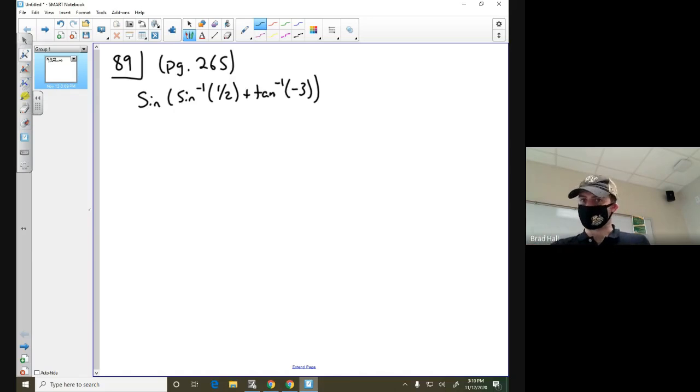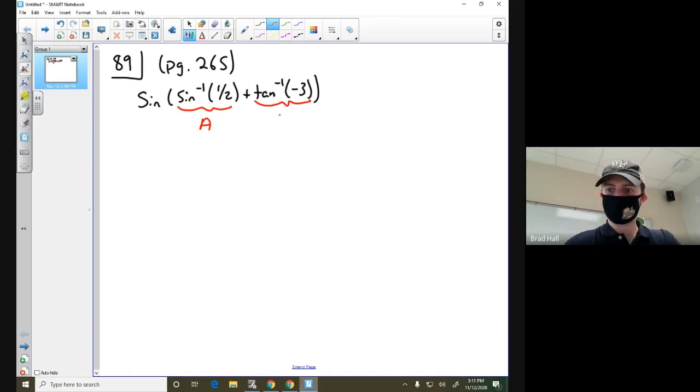It's a problem just like the one we just did, where we're going to call this one A. We'll call this one B. We're going to figure out both of their triangles. And by doing that, we can utilize the addition formula for sine of A plus B,